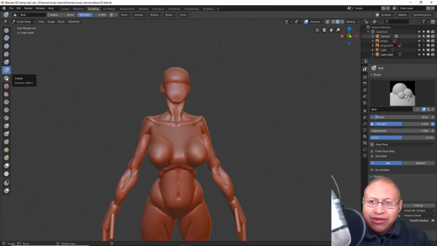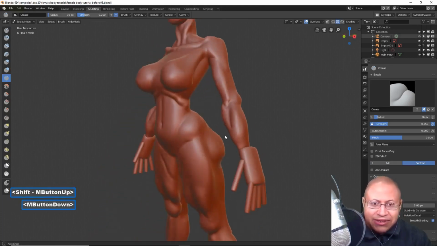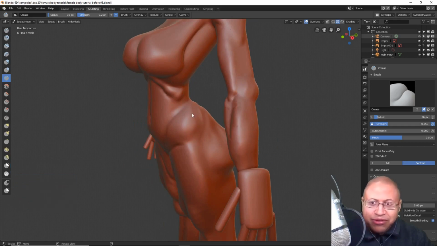I'm going to go to our crease brush. The crease brush is very good for putting in cuts. It's also good for sharpening things. When you hold control in Blender, you do the opposite. So the crease puts lines in. If you hold control, the crease brush will go the opposite, so it'll make edges. So I am holding control to put an edge right here